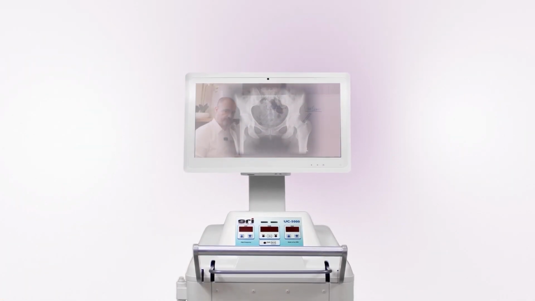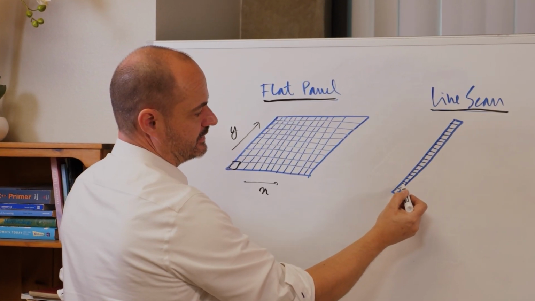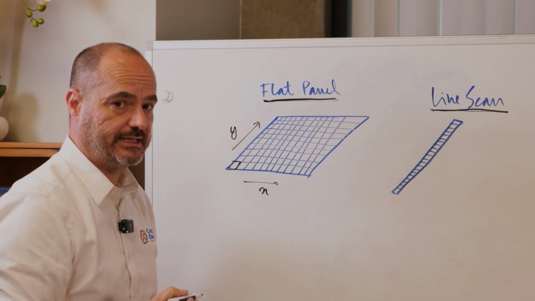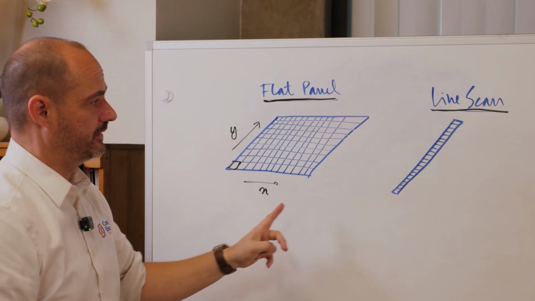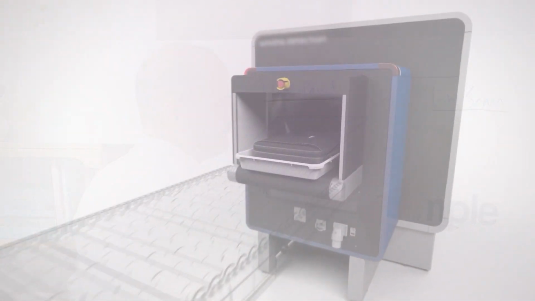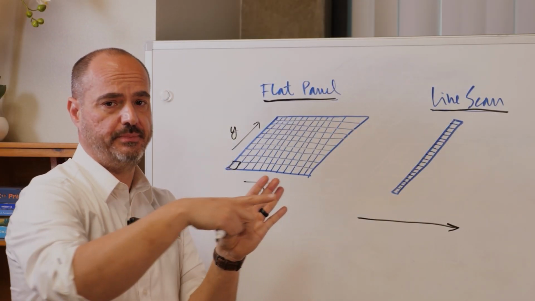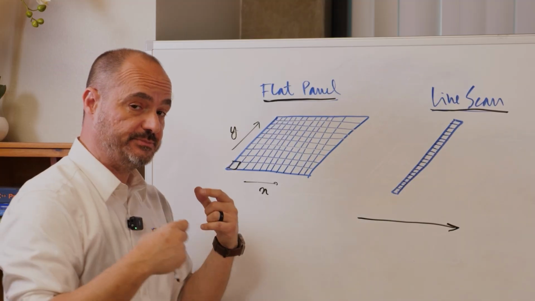A line scanner, on the other hand, is this long strip of pixels. Each one of these squares here is a pixel on the line scan. And unlike the flat panel, the line scanner requires you to move the sample across in front of the line scanner. You've seen this at airports. Those airport scanners or X-ray machines have line scanners inside them. So you have to move it through a conveyor belt or stage